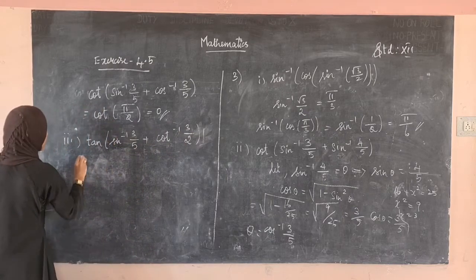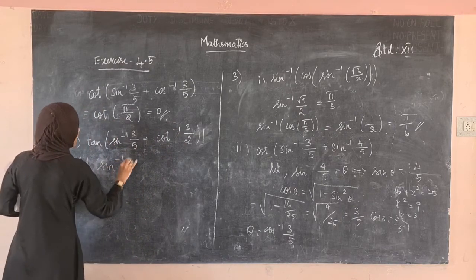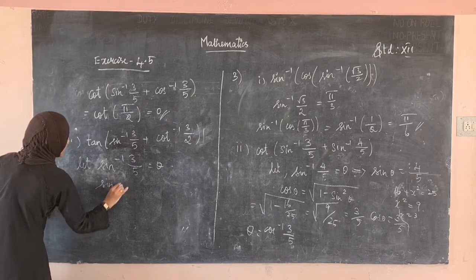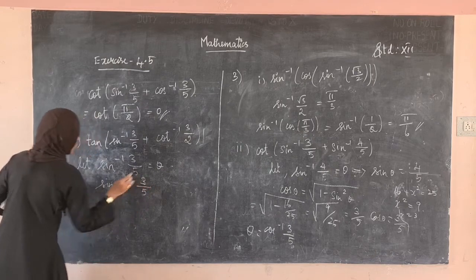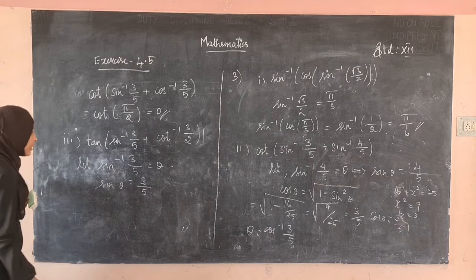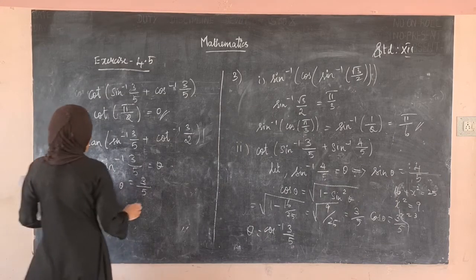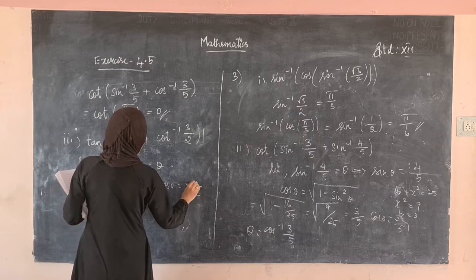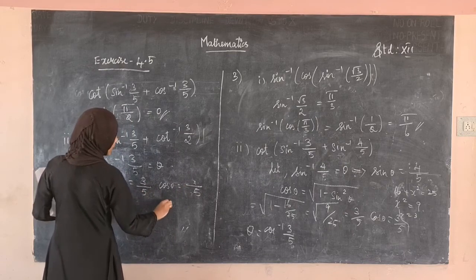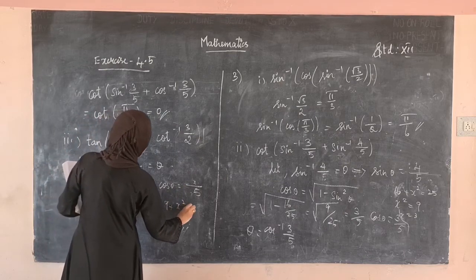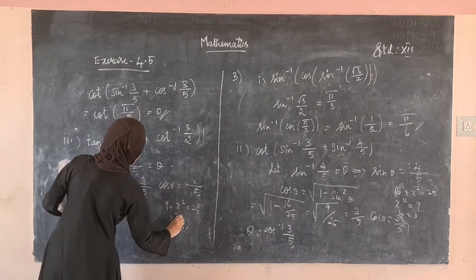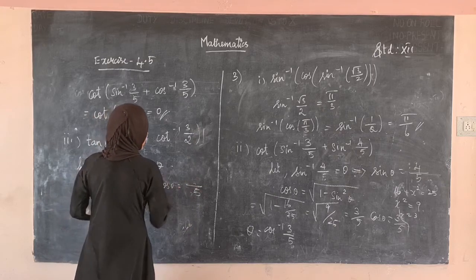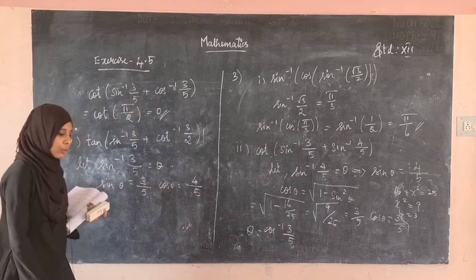So let us take sin inverse of 3 by 5 as theta. Then sin theta is equal to 3 divided by 5. For changing this to tan theta, what do we have to find? We have to find cos theta. See, the opposite is 3 and the hypotenuse is 5. We have to find this x. How can we find it? 3 square is 9 plus x square is equal to 25. x square is equal to 16. x value is 4. Therefore, cos theta is equal to 4 divided by 5.